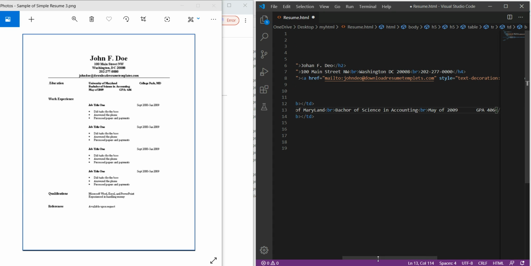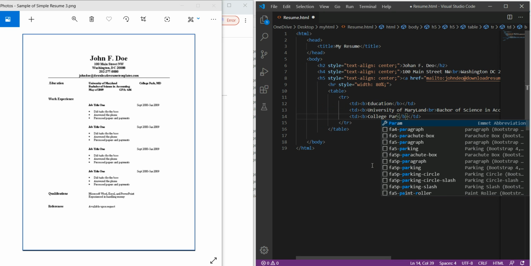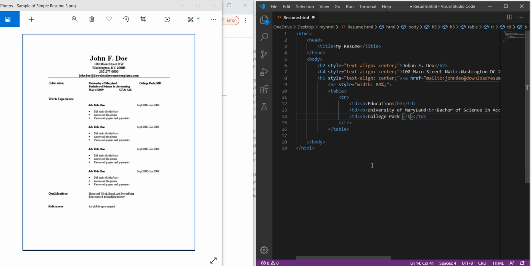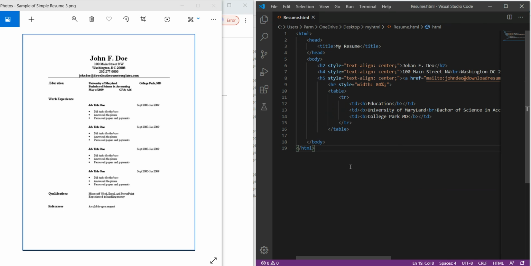Okay, so this is there. Now in the third column it is written as College Park, College Park MD. Okay, so we have done these things over here.